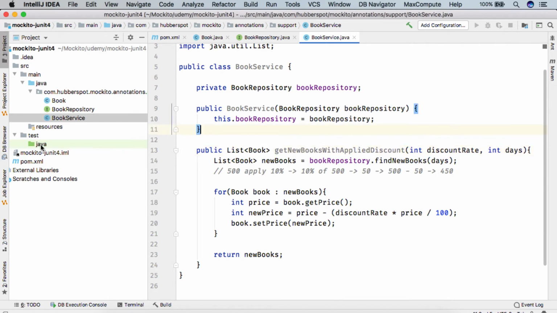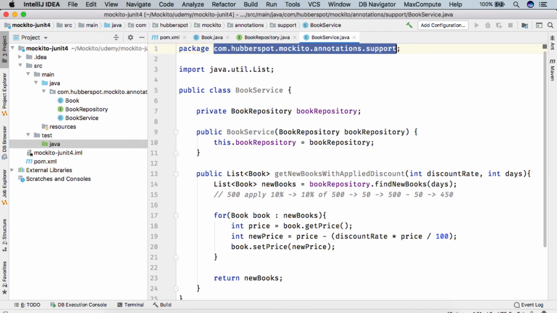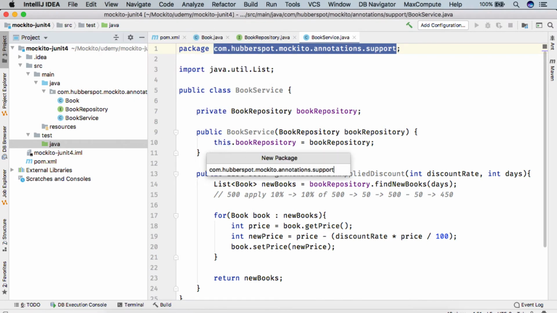So in JUnit 4, when we test this class, in our test folder I will simply create a package mockito.annotations.support.